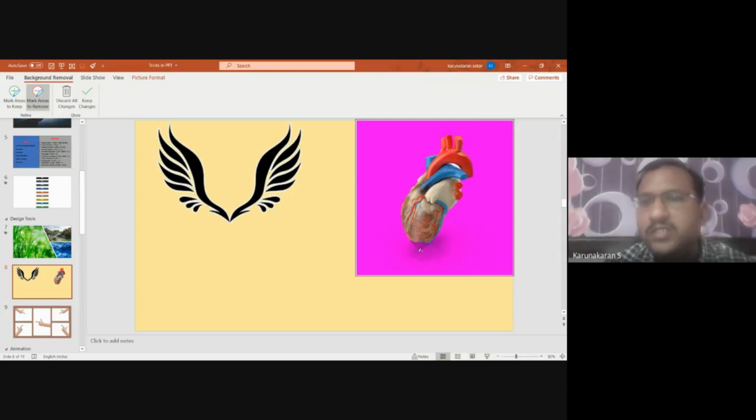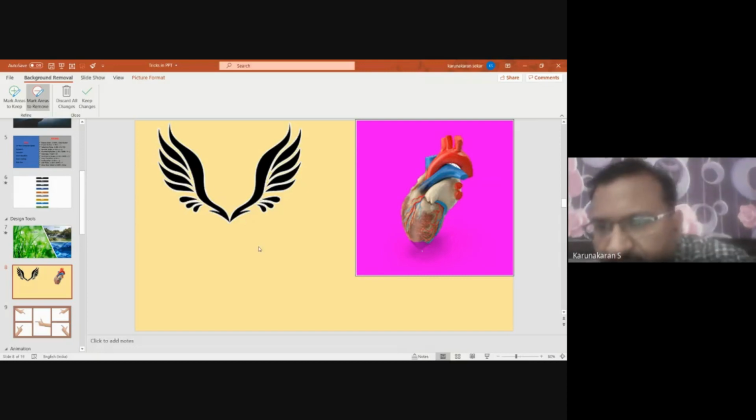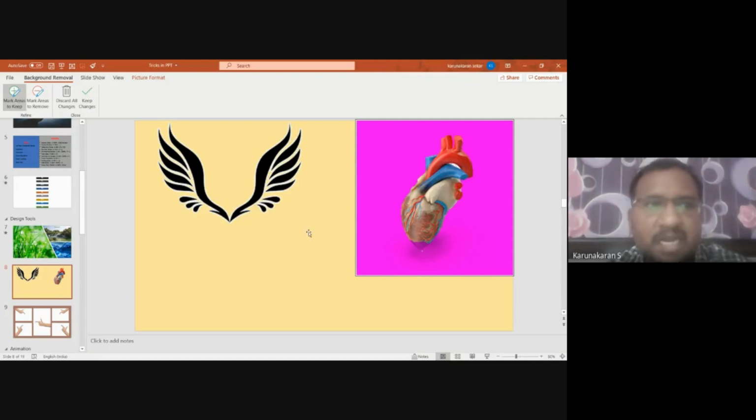You can see pink color at the bottom of the heart also, so that area has to be kept. I'm using Mark Areas to Keep, so I'm going to click on this. When you double click, it will take a few places where it has to keep the color, or else you can press the left mouse button and draw the places where you have to keep the areas.